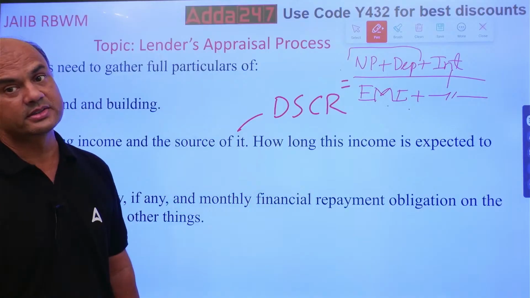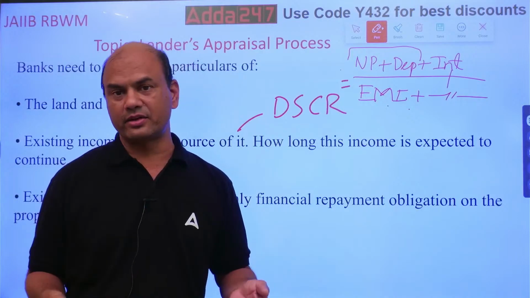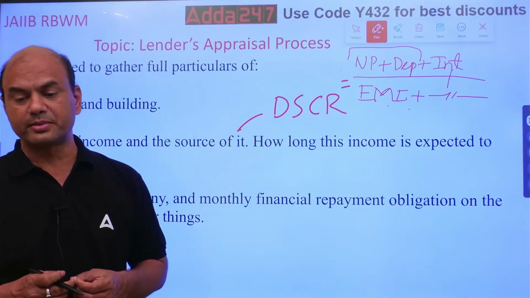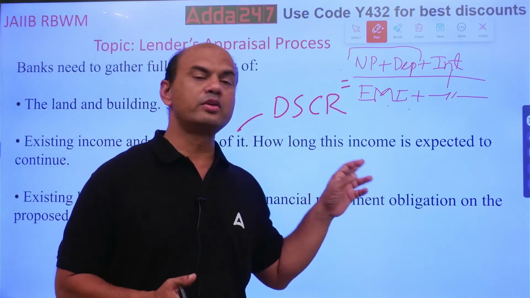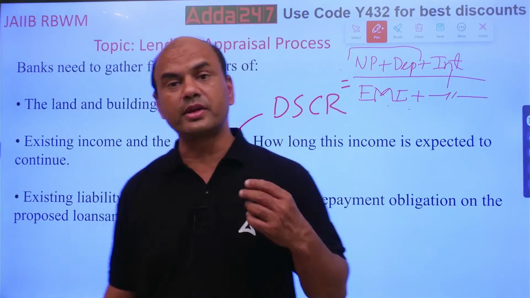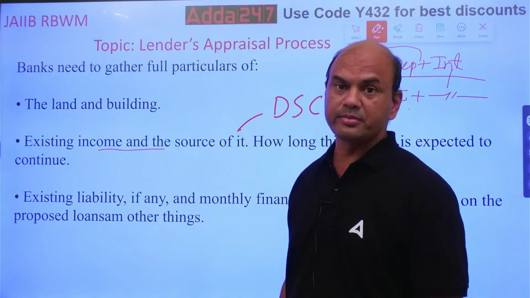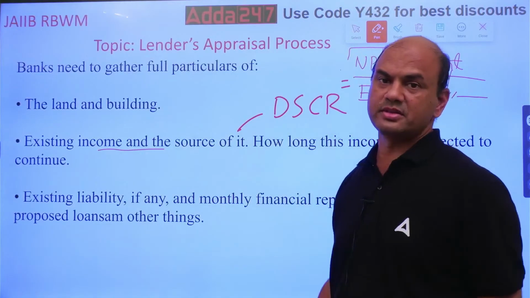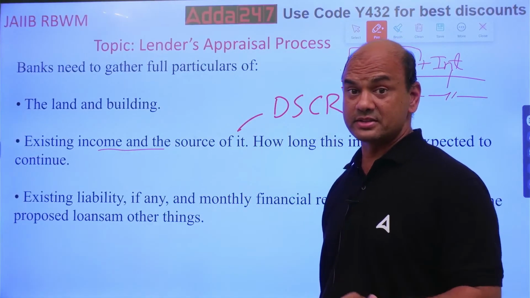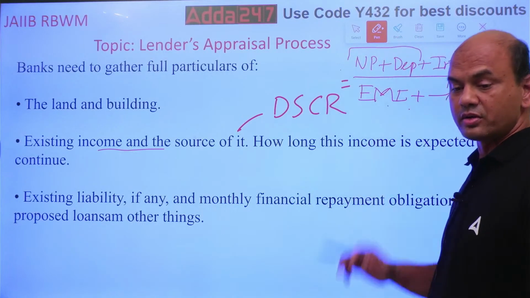Now the point over here is, if you are talking of a salaried person, then you can talk of the salary up to retirement or whatever. If you are talking of a business person who is doing business, in that case, how long it is expected to grow. For that we check the history of that person, for how many years this person is in the same business. If some person is in the same business for many years, then it means that person will continue the same business. Chances, after all it's chances, probability. So that is what we always check.